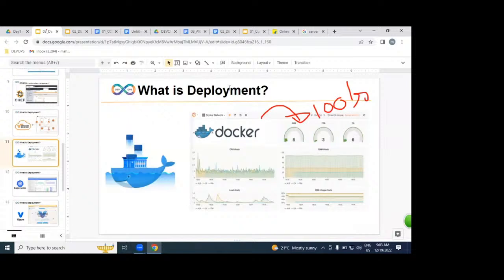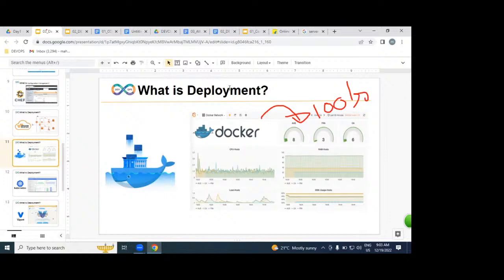Understand very clearly how cheap it is. For example, if you want to buy a fan for 10 rupees, is it cheap or not? Same quality, same fan, but 10 rupees. Same thing here. Instead of spending crores of rupees on servers, we can deploy applications at minimal cost by using Docker. What is Docker?